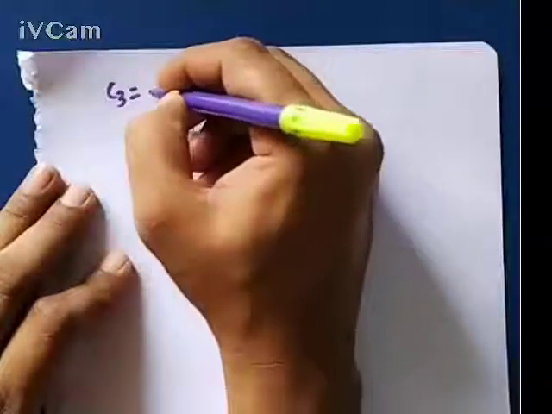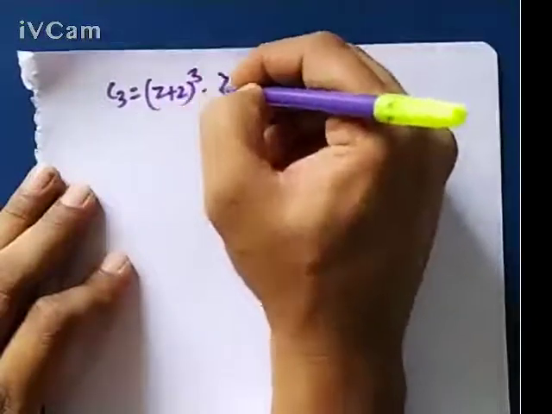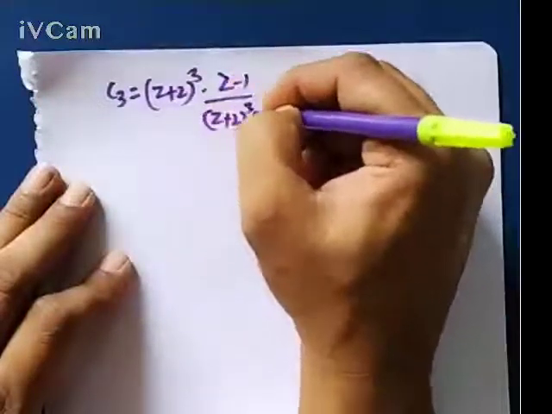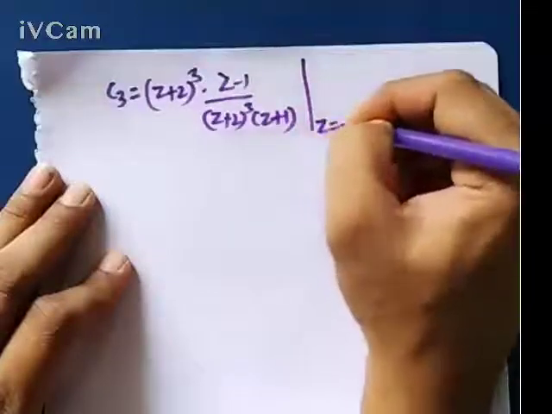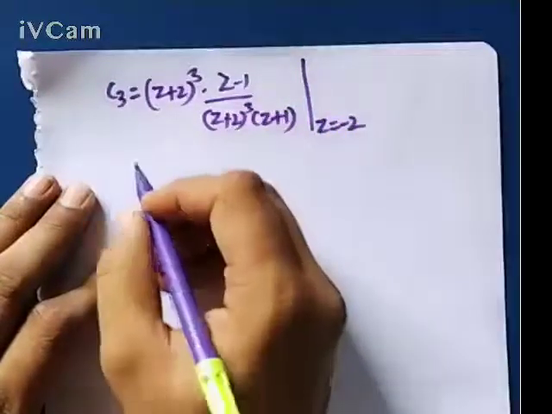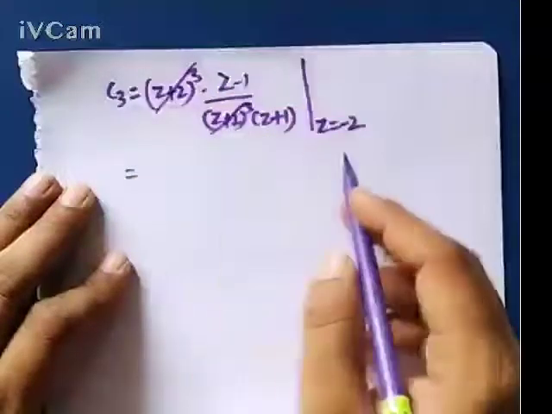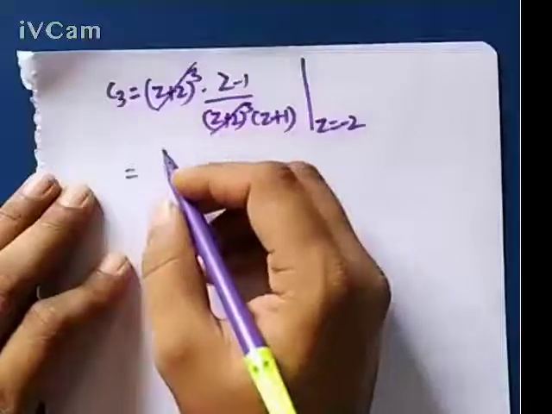So that will be z plus 2 whole cube z minus 1 upon z plus 2 whole cube into z plus 1 at z equal to minus 2. So these two terms get cancelled. If you substitute minus 2 here, that will get us